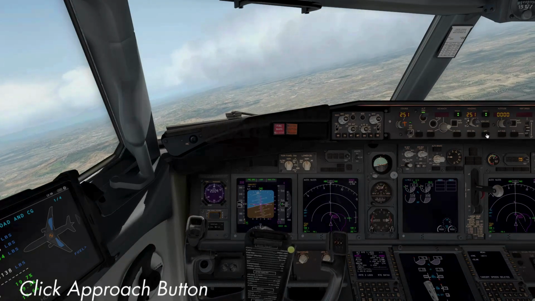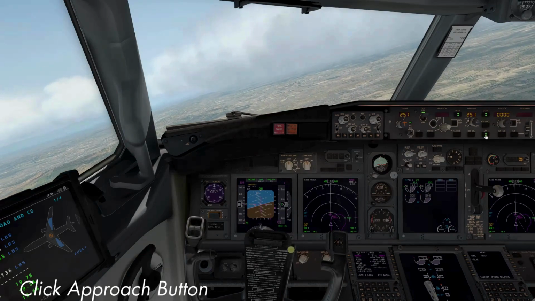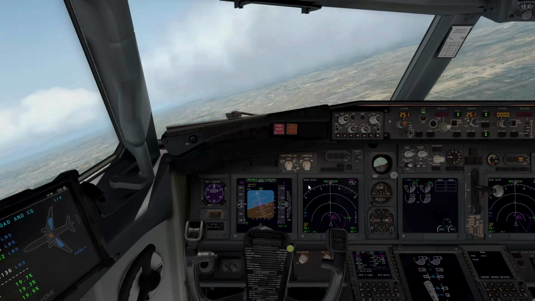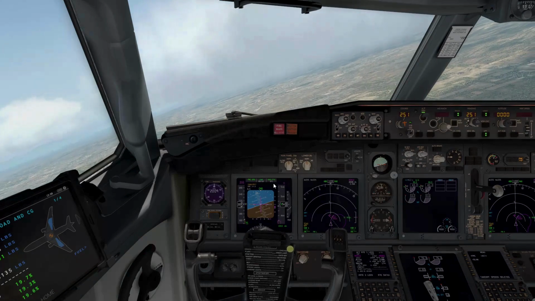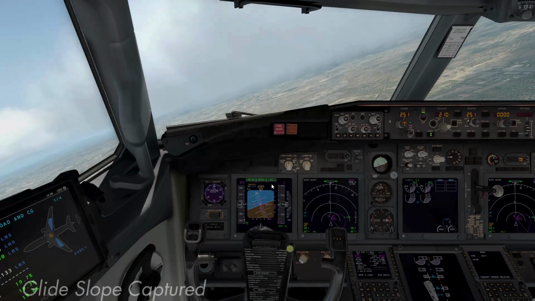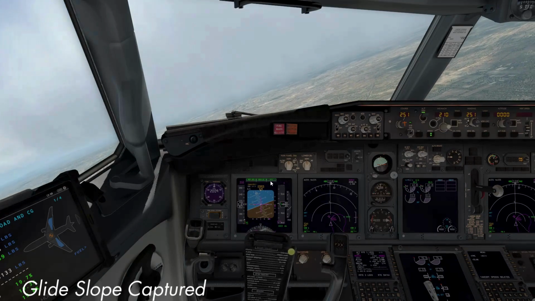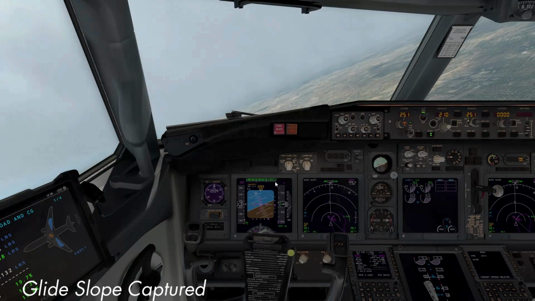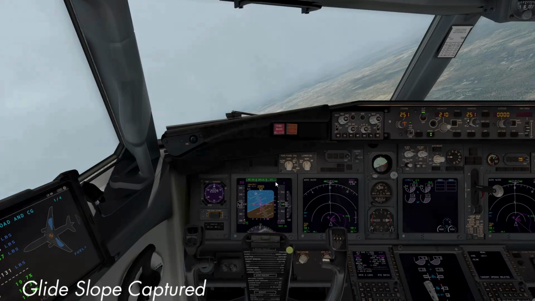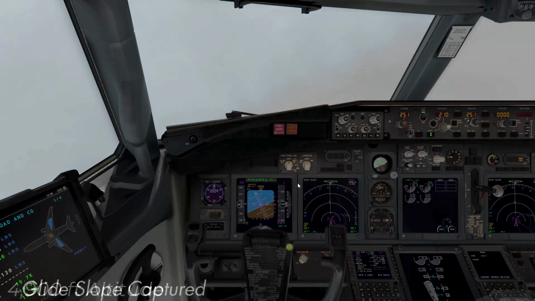Approach button. Here is GS in white color. Soon it will turn to green color. Yes, that as you see. This means that the glide slope is captured. We are now at